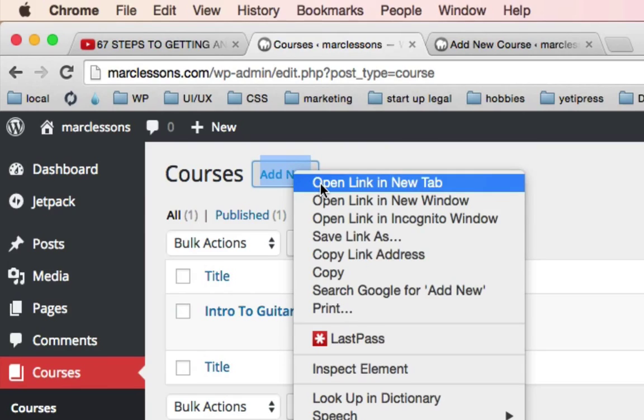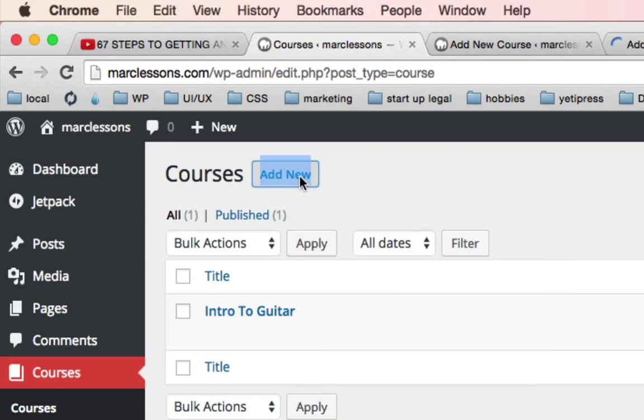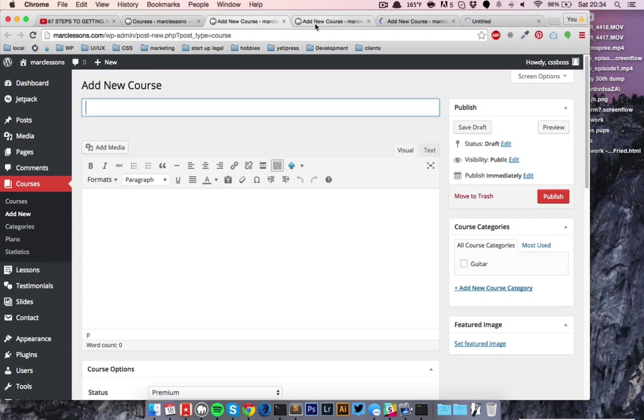What I'm going to do is just create these first 4 courses. What I'm doing is right clicking the add new, opening link in new tab. I'm going to do that 4 times. Now I have 4 new courses I'm going to create. This is kind of just a workflow hack. Instead of having to do it every time, I actually don't need all 4 of them. I only need 3. So we're going to do major chords,